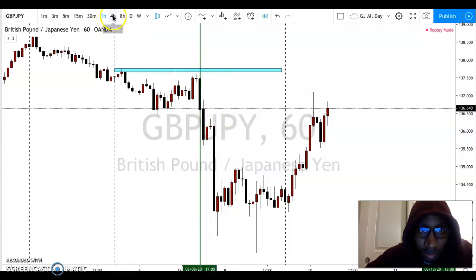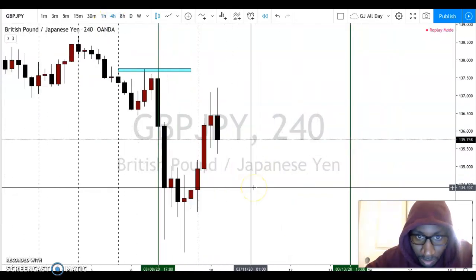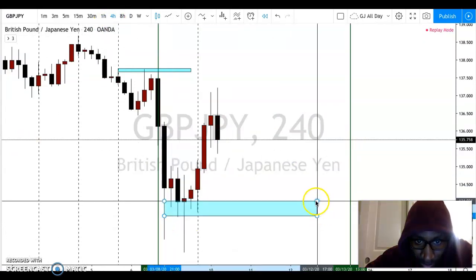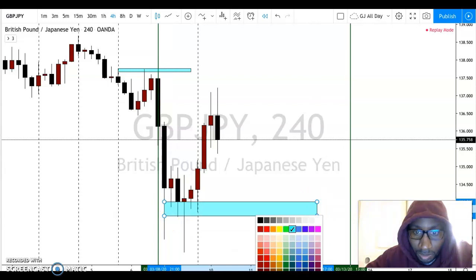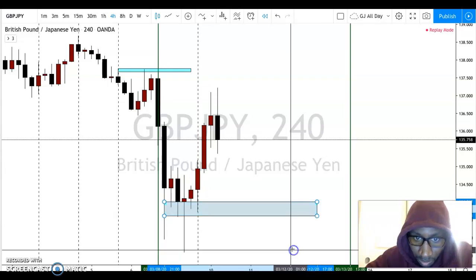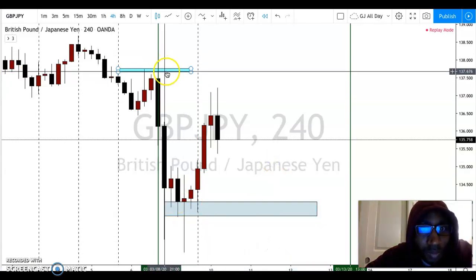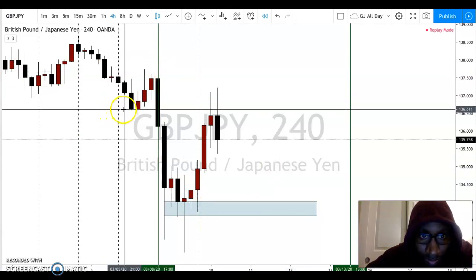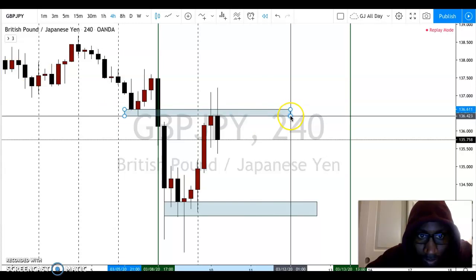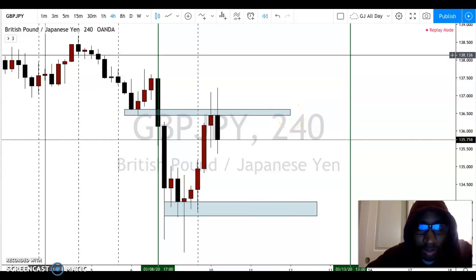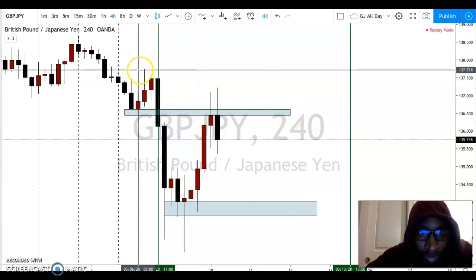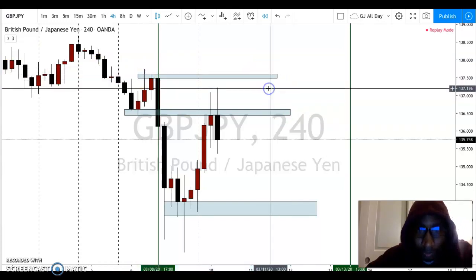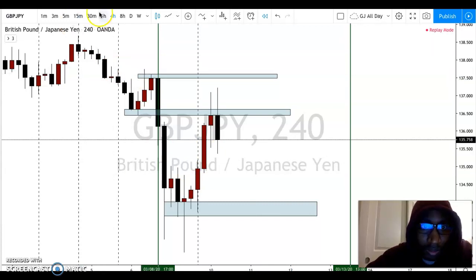All right, so now that we have a little more information, we've got an H4 demand zone down here. Let's make that blue. We've got an H4 zone right here, and then we have one right there. Okay, so now that we have those marked up,